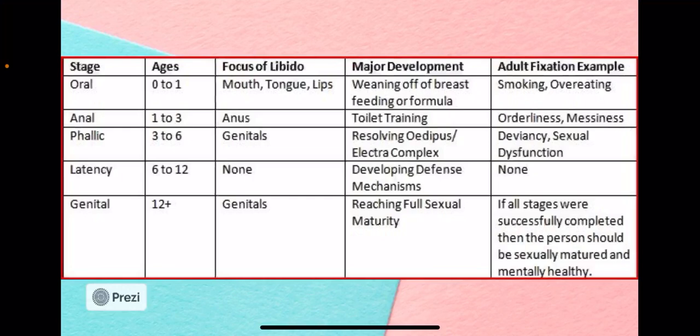I think we learn this through an acronym, which was Old Age Pensioners Like Gin, to remember the different stages. So you can use an acronym to help you remember these stages. Make sure you make a note of the fixations and the different developments also. So you might just want to draw that table down. If you're really struggling to remember all of the stages, try and remember the acronym and then maybe pick a couple of stages to learn in a little bit more detail.